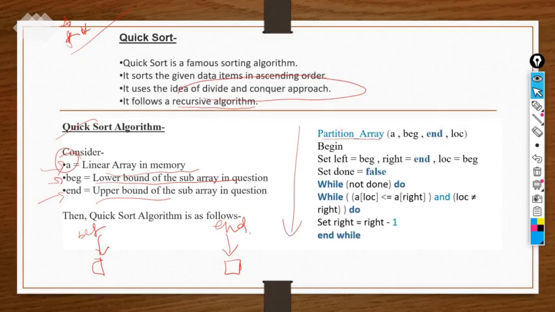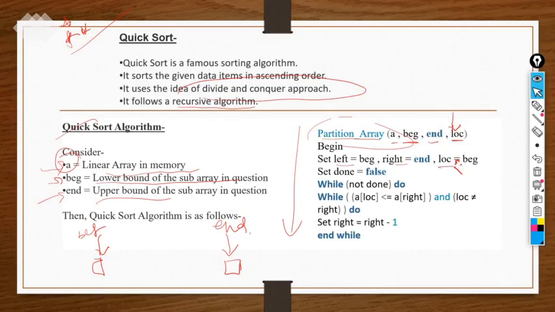So what it means is, first you have to partition the array, right? With the help of the array, the number of elements in the array, the beginning point, the ending point, and the location, we take LOC as the pivot element. You can take any element as the pivot element. The quick sort algorithm performs well if you take the pivot element either at random or as the middle element, but it is not compulsory, you can take any element as the pivot, it's up to the user. Okay, so after starting partitioning the array, we will see the left hand side and right hand side of the array.